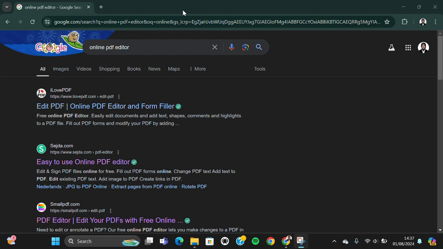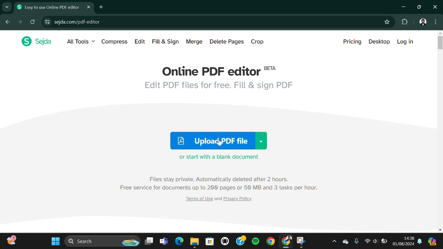I have opened my browser and I have searched for online PDF editor, and some websites will appear on your browser, and I recommend you to select this one, search.com. And you have to click on this website to open it,